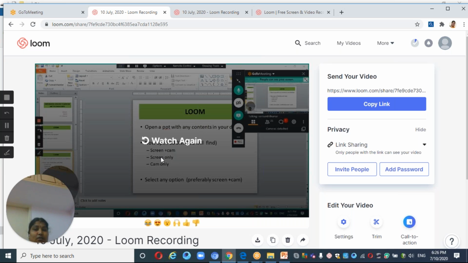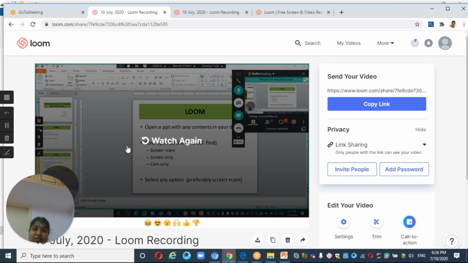In case you want only the screen to be displayed and not your photos or your video, you can select screen only. Only cam is not most probably used. Only on lecturing you can use this. When I want to have a PPT, this too can be used. So I most probably select only screen plus cam. You just select that and you can move on for recording your information.